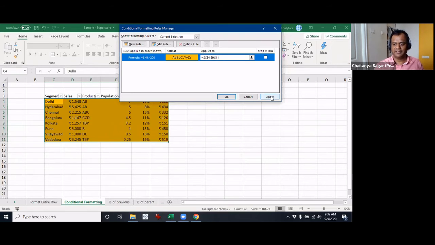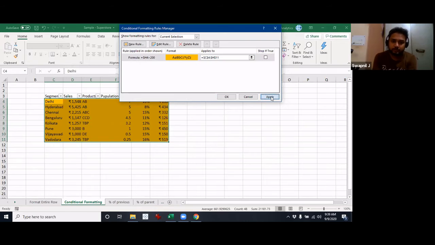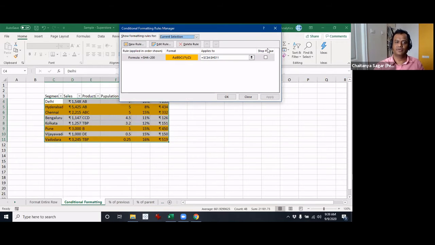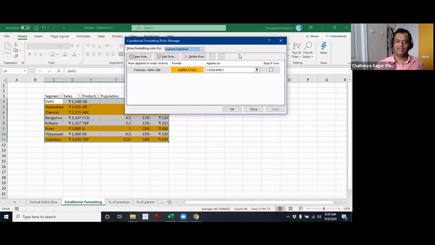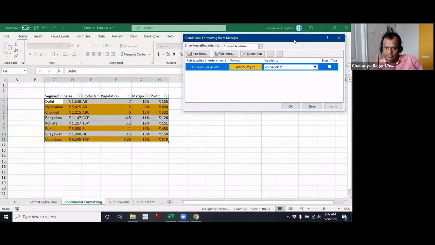Rows will get highlighted? Only the rows which have more than 200 profit. Yes, okay, there you go. So basically the way Excel is interpreting the formula is something like this. Where you have no dollar symbol for the row, it anchors the column. The column being referred to is still column H, but it's like copy-pasting that particular formula throughout.